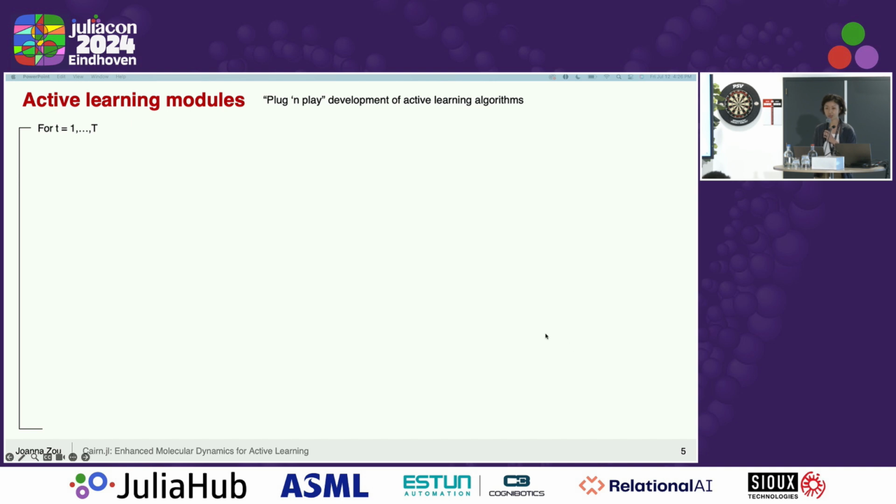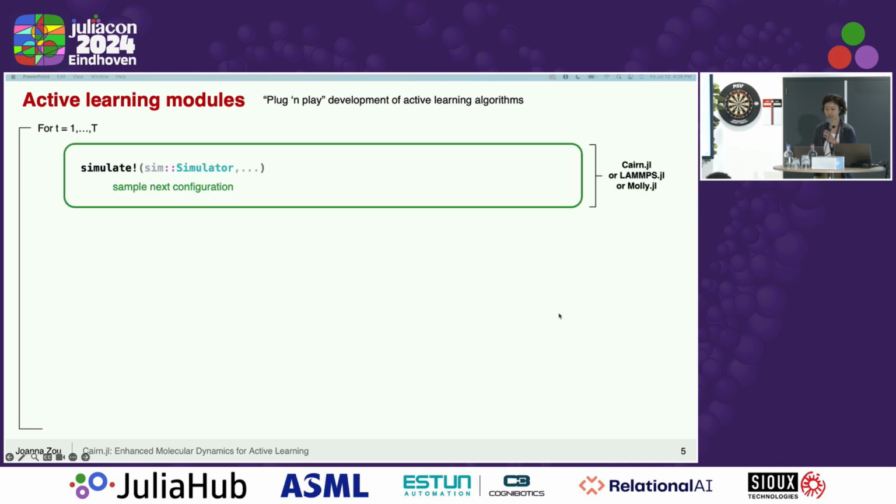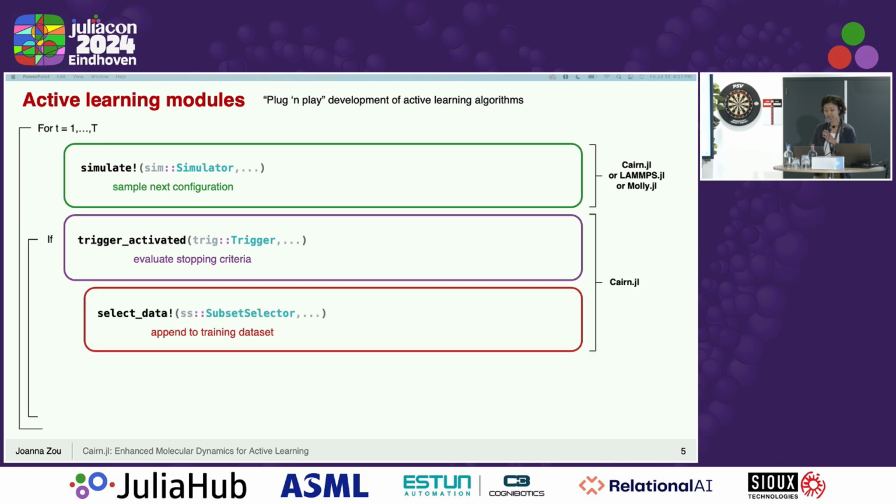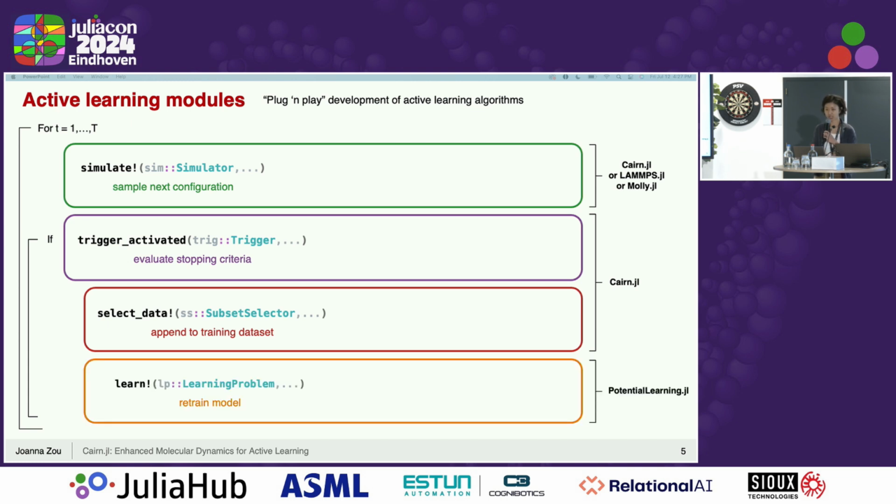In our active learning loop, with each time step, we have a simulate function defining the equation of motion used to advance the trajectory and sample our next configuration. We evaluate whether a trigger has been activated for stopping the simulation and updating the model. If it is activated, then we define a scheme for selecting a subset of the data to label and append to the training set. And finally, we retrain the potential on the augmented set using an objective defined in the learn function. So the idea here is that users can flexibly exchange methods that are specified under each of these